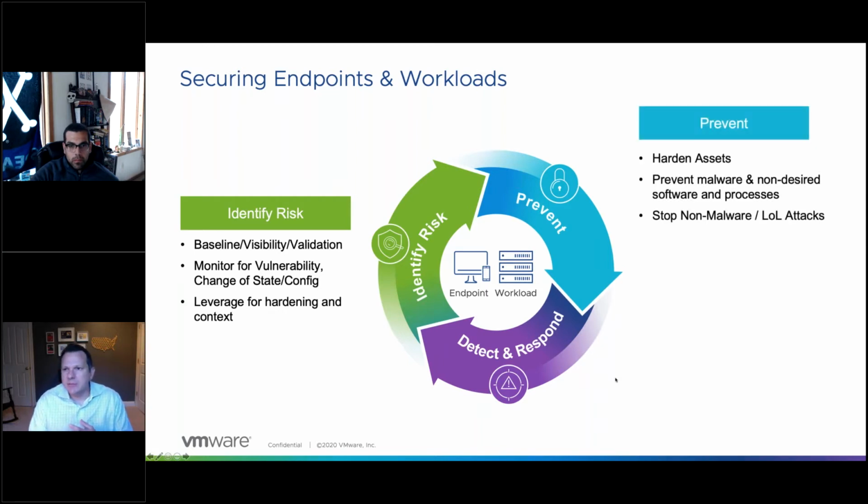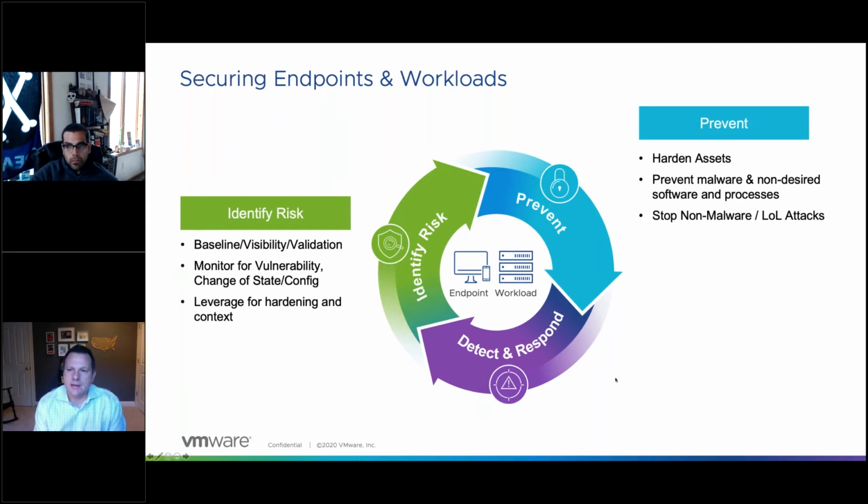The second is around prevention. So, it'd be nice if we lived in a perfect world. Unfortunately, we don't live in a perfect world. You would like to reduce risk down to zero, but attackers have become really good at getting around any level of risk reduction that we have in the infrastructure. And ultimately, at the end of the day, sometimes you just may have a misconfiguration or you may have an unpatched vulnerability, right? So, this is the area where prevention, detection, and response, basically giving you that safety net of